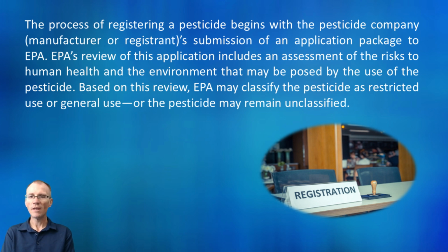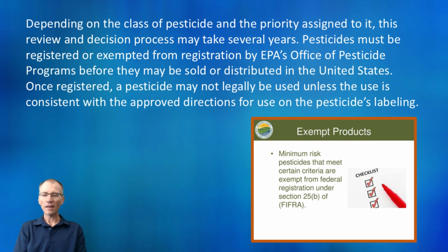Based on this review, EPA may classify the pesticide as restricted use or general use, or the pesticide may remain unclassified. Depending on the class of pesticide and the priority assigned to it, this review and decision process may take several years. Pesticides must be registered or exempted from registration by EPA's Office of Pesticide Programs before they may be sold or distributed in the United States. Once registered, a pesticide may not legally be used unless the use is consistent with the approved directions for use